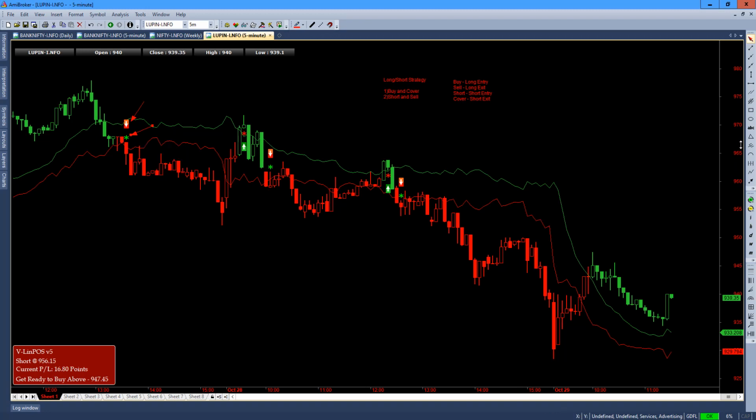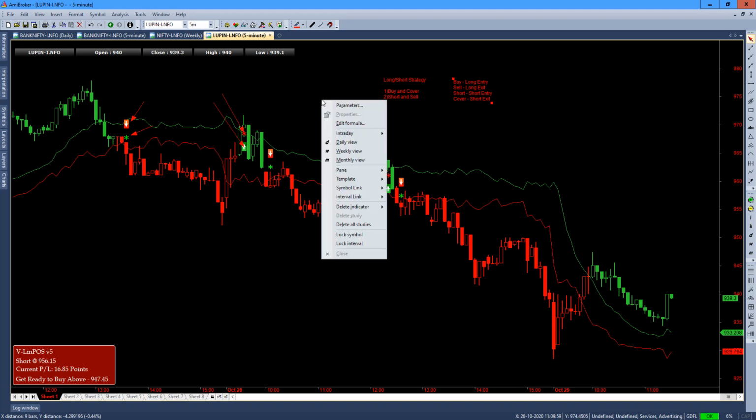And whenever you're seeing a buy signal, look at one of the buy signals here. There is a buy signal here, with an up arrow. Along with the up arrow, you're also seeing a cover signal. So at any given time, a long short strategy will have buy and cover occurring simultaneously, and short and sell occurring simultaneously. Nothing but stop and reverse kind of signals. In AmiBroker, we'll be predominantly using four terminologies here. Buy means long entry, sell means long exit, short means short entry, cover means close your shorts, that is short exit. So let me remove all those drawings here.